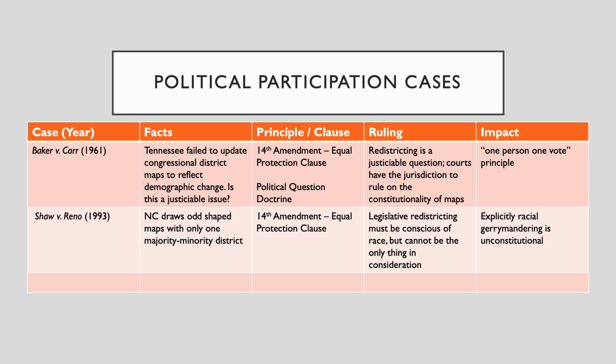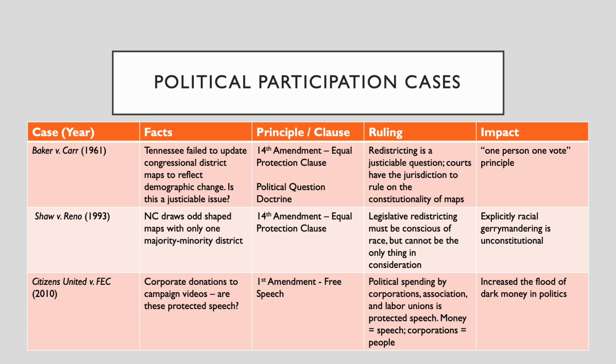So you can take into account race to avoid creating a racially biased map, but they ruled that the only way you could have drawn these maps, because they didn't follow any natural boundaries or municipal boundaries, was that you were trying to be racially discriminatory. And then Citizens United